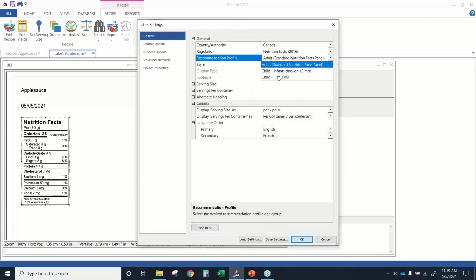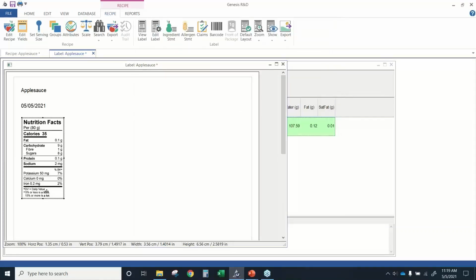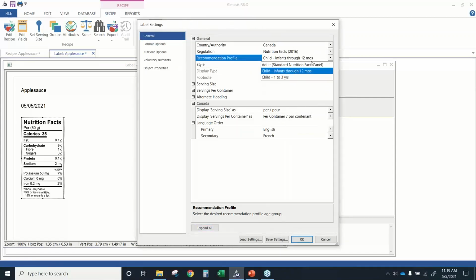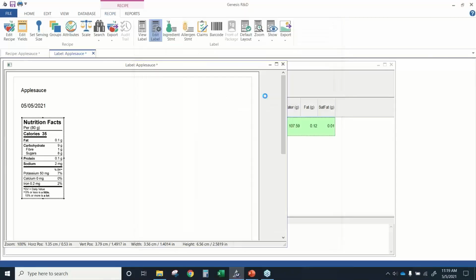But if I do change this to the infant label, then notice that the label itself changes a bit. For infant labels, we don't report fat or saturated fat and trans fat, and we don't report cholesterol. So the software automatically makes those adjustments when you switch to different age profiles. I'll set this back to an adult, and then we'll take a look at the